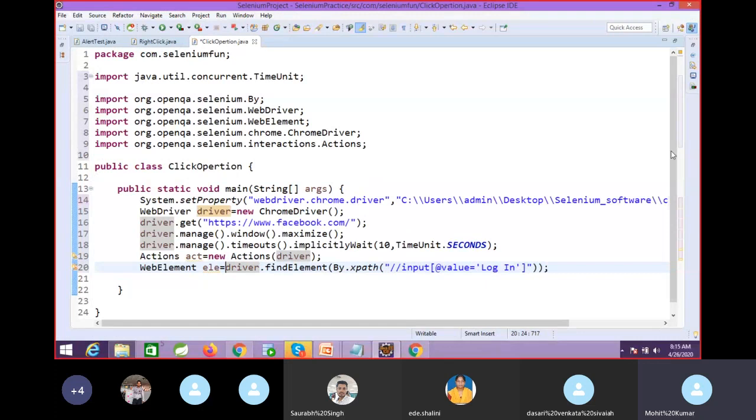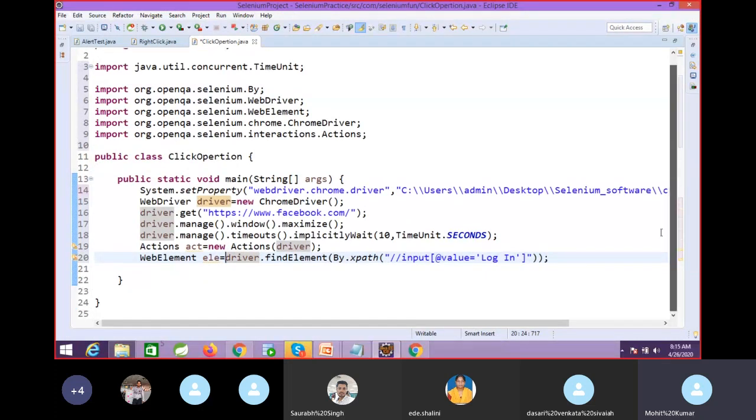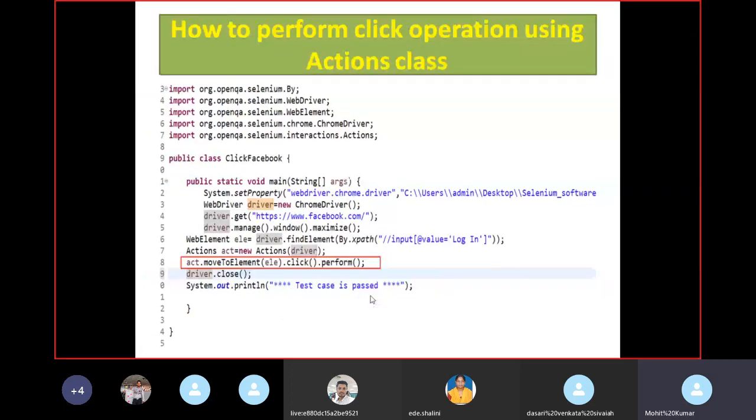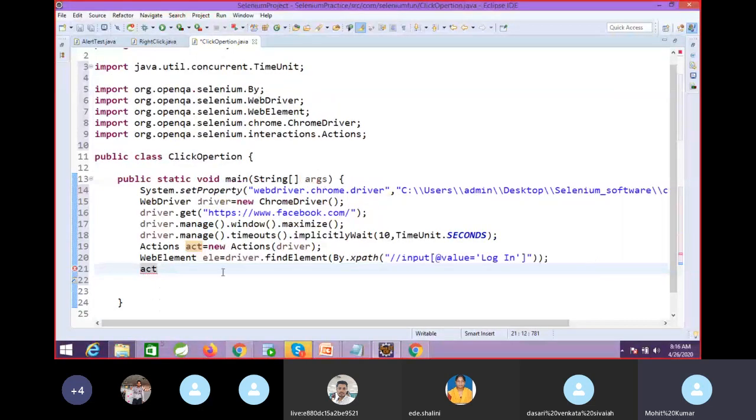Okay, so now after that, we will call this method. Inside this we have a click. See, inside this what I'm going to do here, first we will move our cursor, then we will click. Okay, so what I want to tell you here,